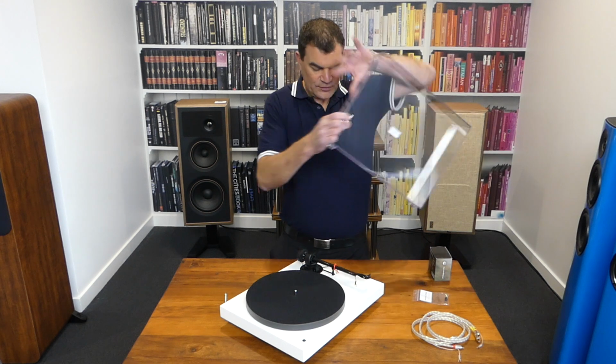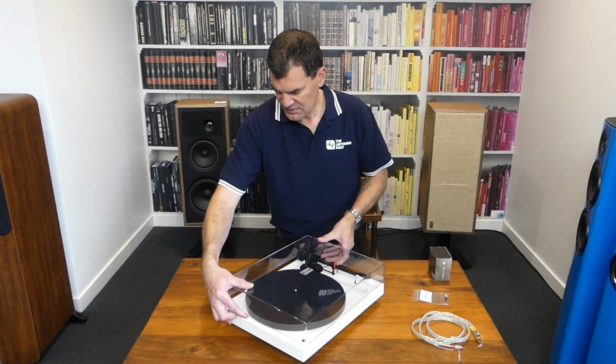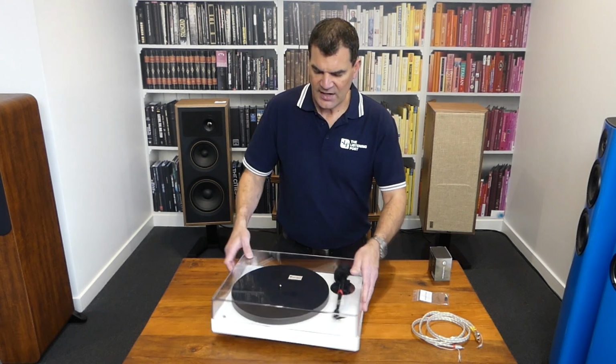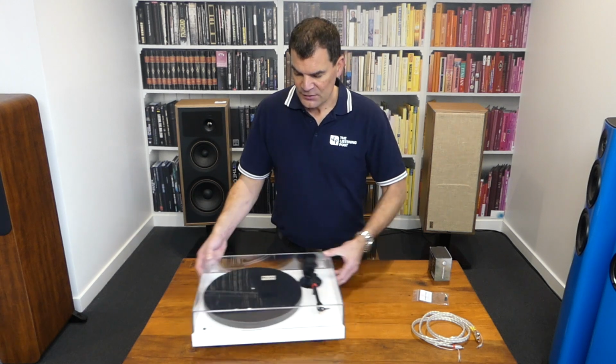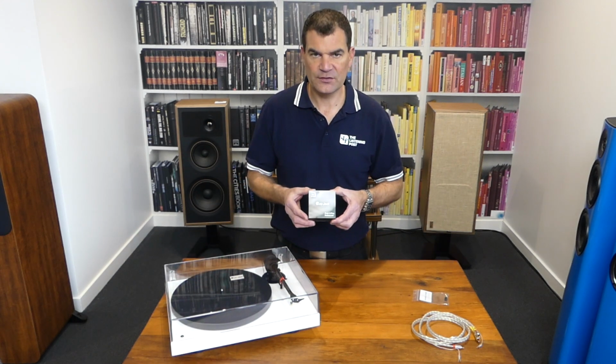Lastly, from an assembly perspective, it's about adding the lid. That just slides on the hinges pretty straightforward like that. Okay. And again, now it starts to really look like a turntable. So just putting that off to one side, I want to pause and have a chat about Pro-Ject's new balanced